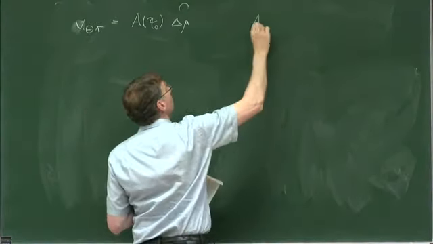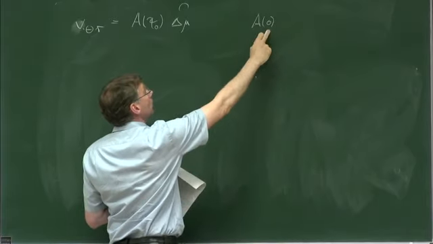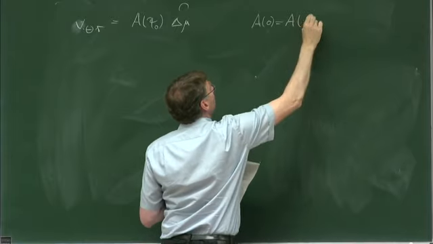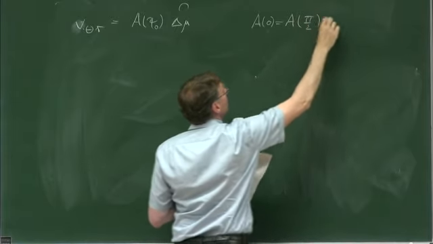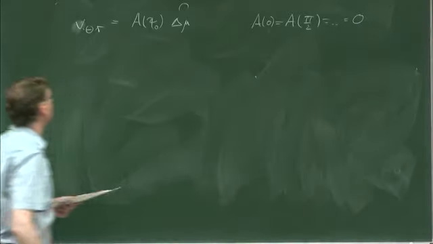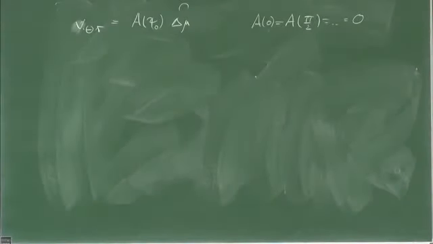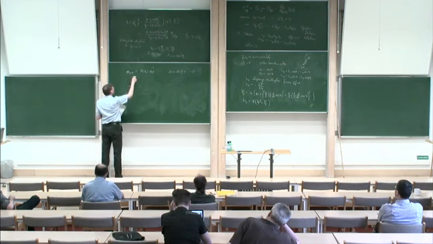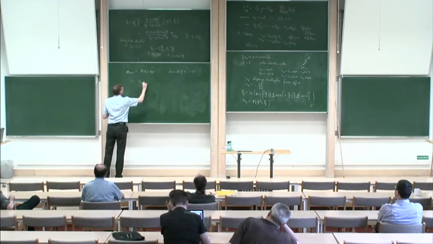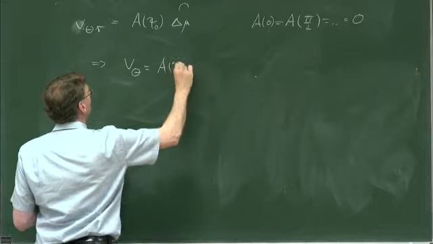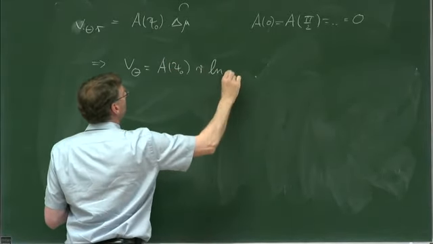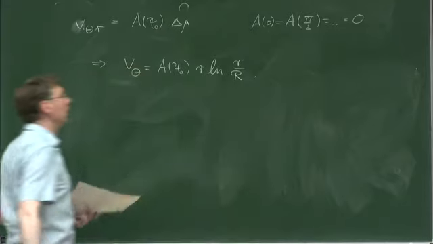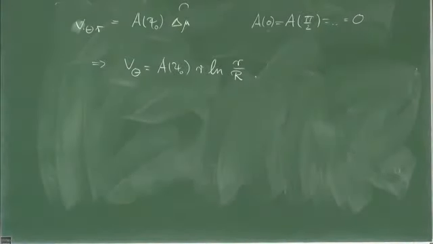Now, I should maybe say that for psi naught equal to 0, or for pi half, or for any of these values, it is 0. But for any other value, so when you have a slight inclination of your polarization field, then you have gradients, and then this can be solved and gives you a velocity which is just a psi naught times r, and then the logarithm of r divided by capital R,